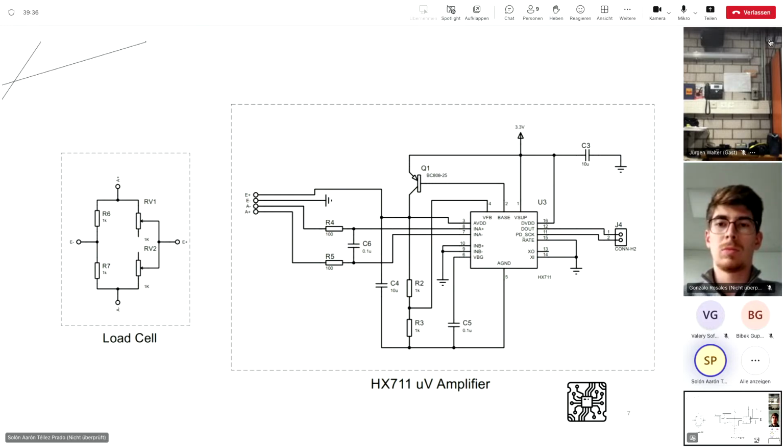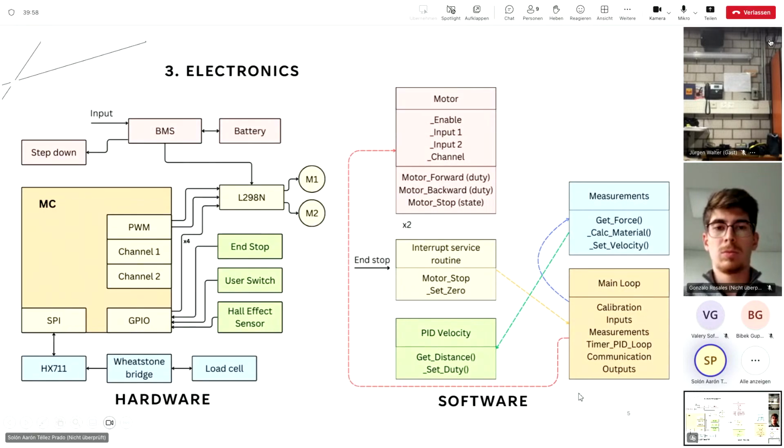It's used to transform the small resistance variation of the sensor into a voltage variation. And this module is a precision analog to digital converter (ADC) designed for weigh scales, and the microcontroller obtains the measurement